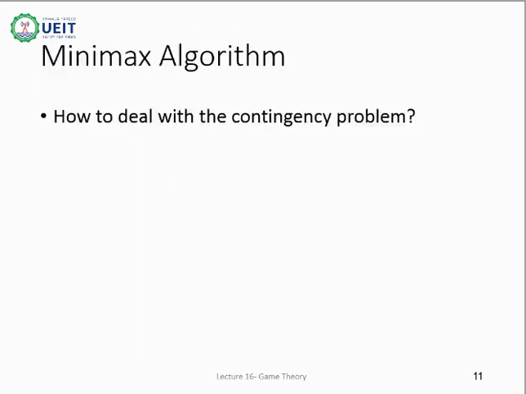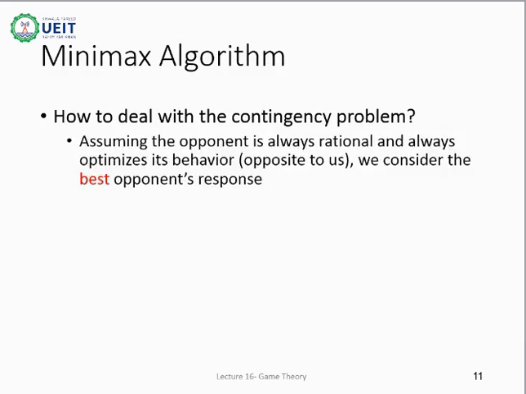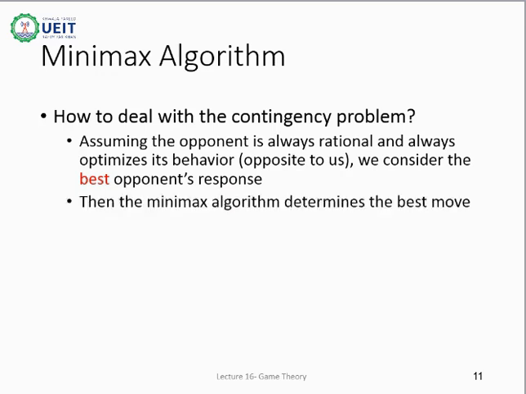We will discuss how to deal with the contingency problem now. Previously, we saw that all possible moves were expanded and a utility function was there to define winning, losing, and draw situations. We haven't yet described how to select moves from all possible sets of moves. The Minimax algorithm is used to select the best sequence of moves. This is the first, foremost, and simplest algorithm to implement game theory in computer science. The Minimax algorithm solves the problem of contingency or unpredictability.